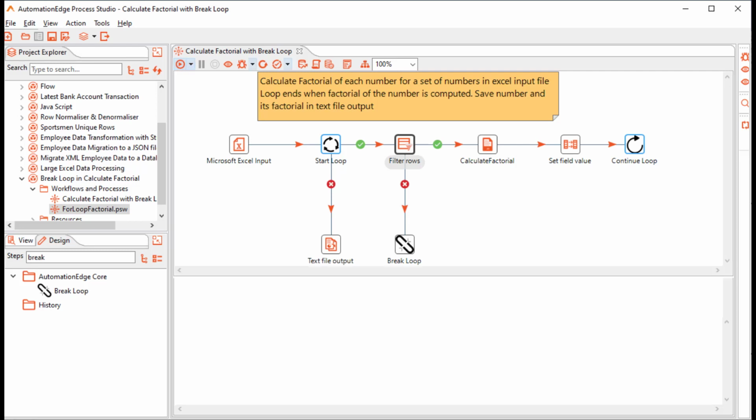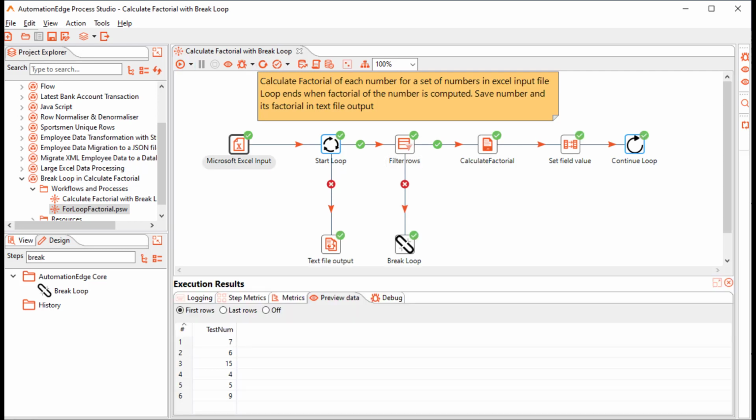Let us run it. The workflow is complete. Let us check the details. The Excel input step shows the numbers in the file. In the start loop, we can see the values of the count and how the values are stored in the fact field. So we can see the calculations for